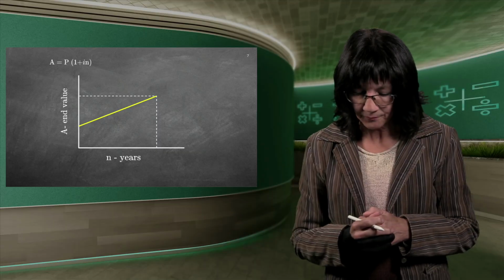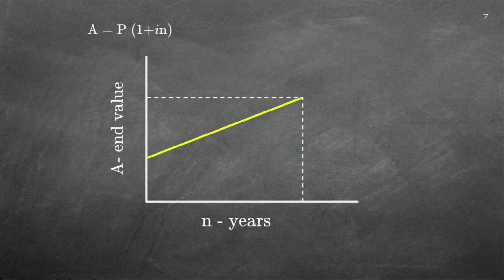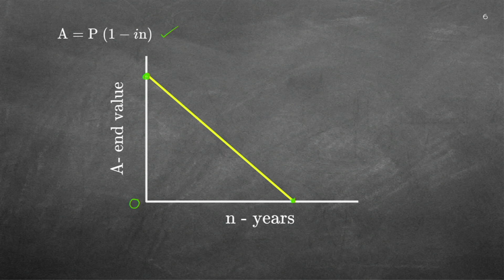And then the next one is the plus. Now what happens with the plus formula? That is when you add something, so it should get more. If you start here with something's value, and hopefully this will be an investment, it will grow. So it will go up. Now let's quickly go back to the previous one. Can you see it goes down? So it's got a minus gradient. It's declining.